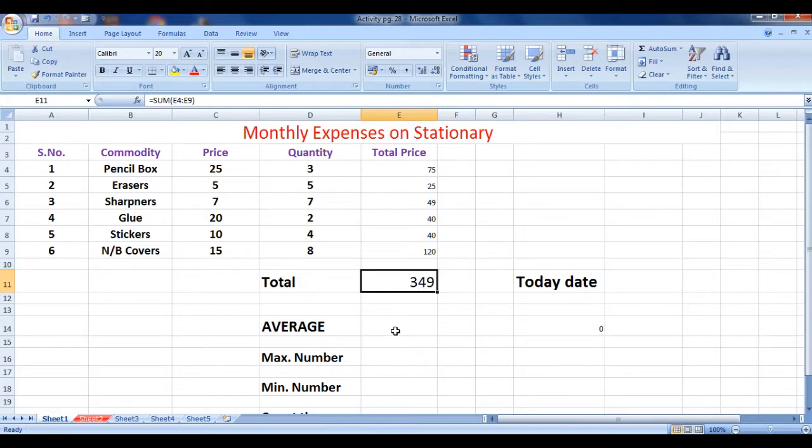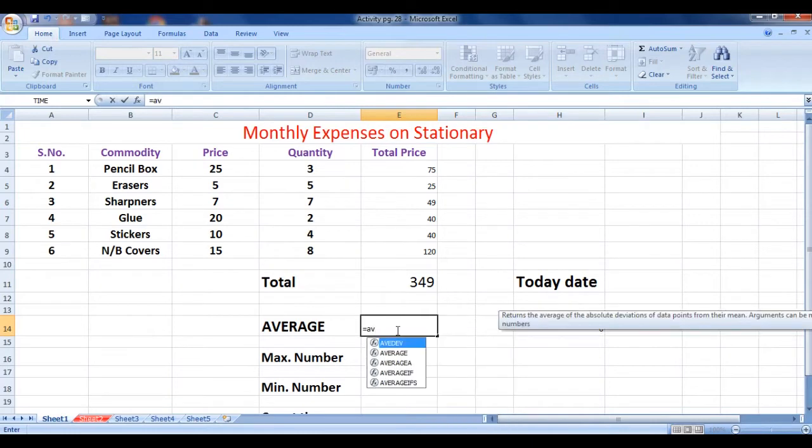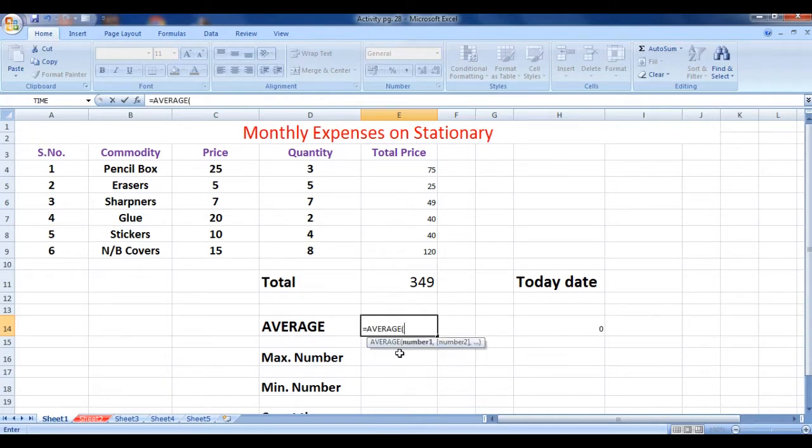So I am using here the average function, an inbuilt function. We have to give the name of the average. Similarly, equal to, then average. As I type it, the average formula is automatically shown. I am clicking here, and now average has come automatically.